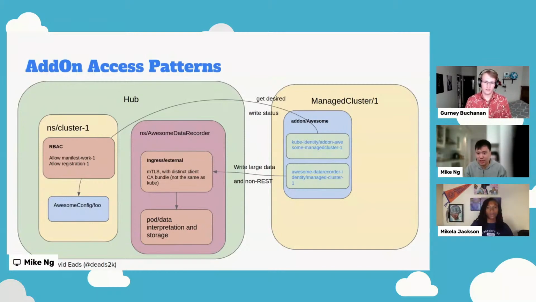So that's another use case for Open Cluster Management. You can use that library to build, as David called it, the awesome data recorder, and have the awesome data recorder send a big amount of data and even non-REST data back to the hub.